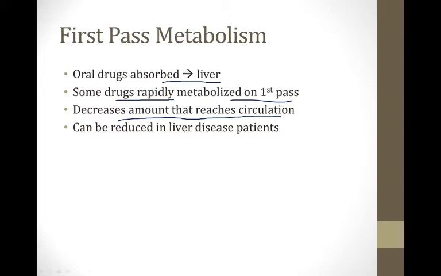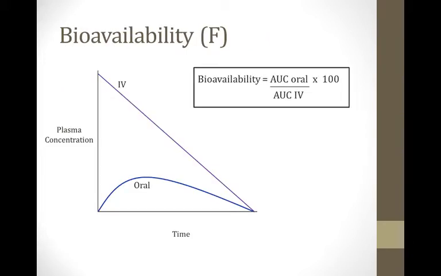And one caveat about this that's high yield to know is that in patients with liver disease, the amount of first pass metabolism can fall. This means more of the drug may reach the systemic circulation than you would ordinarily expect. There is a way to experimentally determine the bioavailability of a drug, and you should be familiar with this technique for your boards. So the way you do this is you plot the plasma concentration over time for both an IV